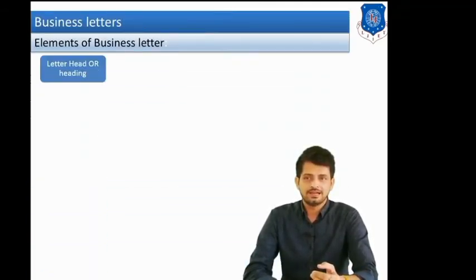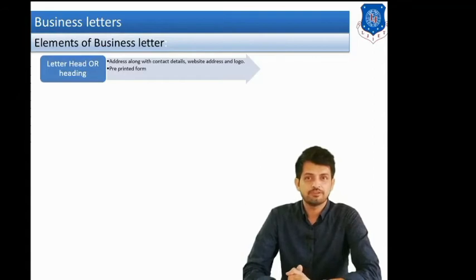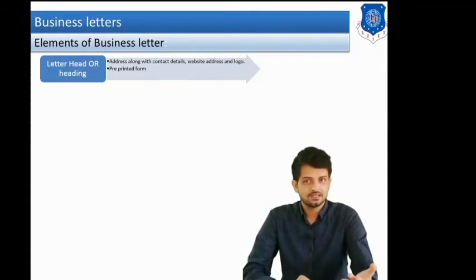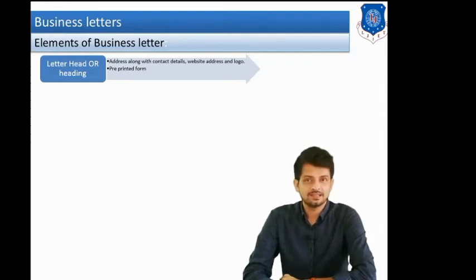Okay, let us study the main elements of a business letter. What are the main elements, what we should write first, what we should write next, and what is the particular format of writing a business letter, that we will study in this slide. Okay. If you are writing the letter from your company, right, then first of all a pre-printed letterhead is there, in which the name of the company, the address of the company, the logo of the company is already there. So on the letterhead, if you are writing a business letter, it is already in printed form, right?